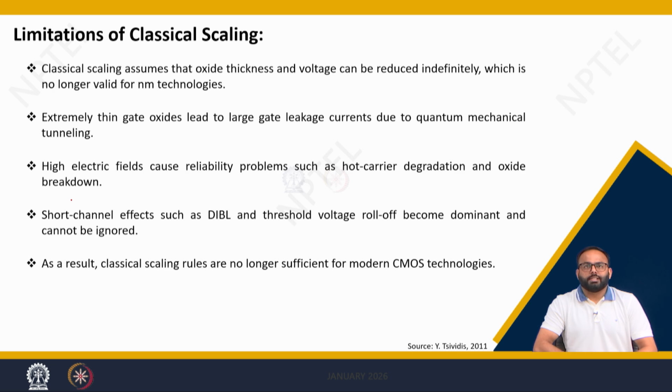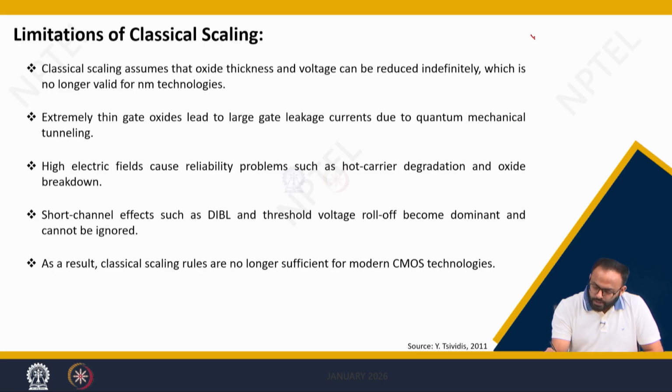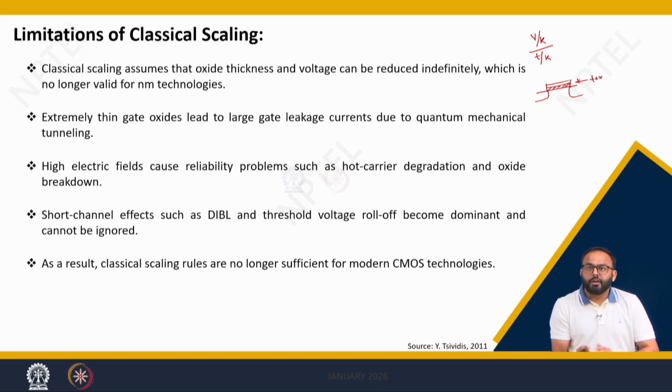Now, what are the limitations of classical scaling? As we have said, if we follow constant field scaling, meaning what? If the voltage is scaled by 1 by k, then the thickness is also scaled by 1 by k, right. So, if this is a MOSFET and this is the oxide thickness which is TOX, then from one technology to the newer technology, if I am scaling the voltage by 1 by k, then the oxide will also scale by 1 by k,